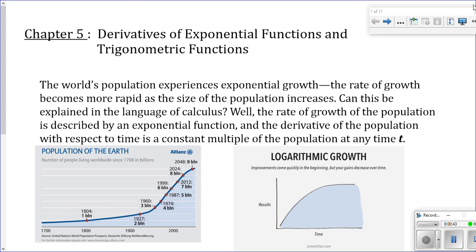I'm glad you could do that. It's going to come in handy as we work through some of the work in Chapter 5. Okay, so Chapter 5 starts with derivatives of a special function called the exponential function, and we're going to be introduced to that. But the intro to Chapter 5 just talks about